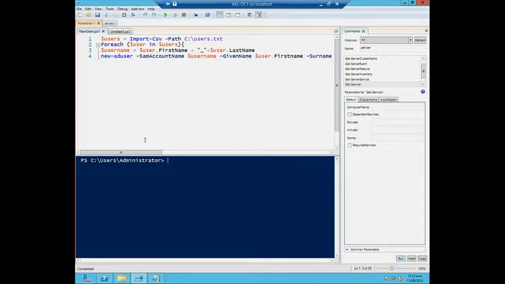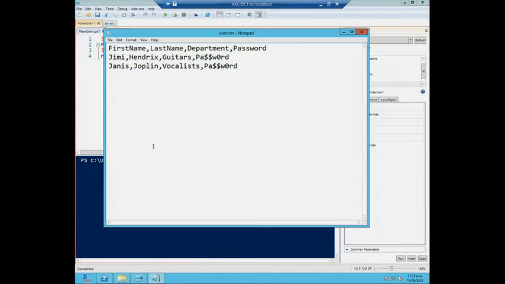Now I've done $username equals, and I've done one other thing. I'm creating a variable inside this loop. I'm going to build a logon name, first name underscore last name. So I don't even have to put that in the CSV file as long as the building blocks are in there. All I needed to know was what those column headings were. First name, last name, that's what it matches here. Not the AD names, but what did I call it in the CSV?